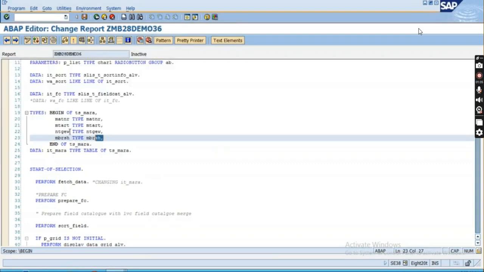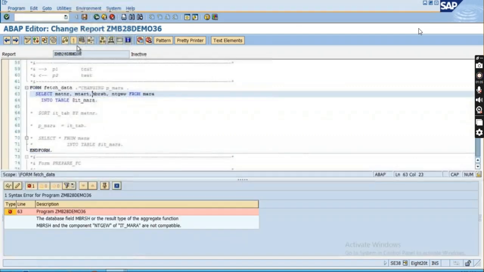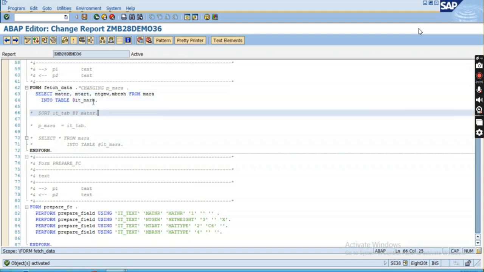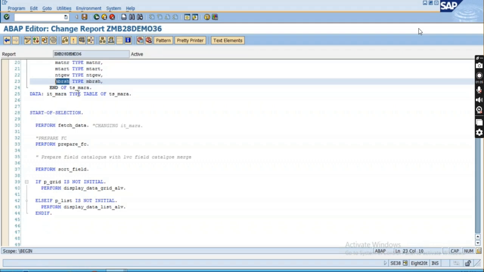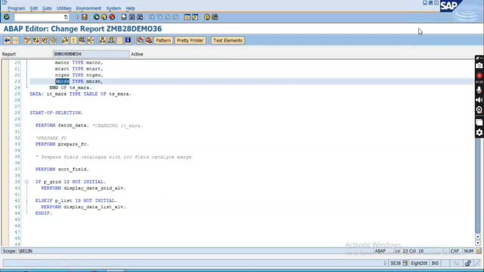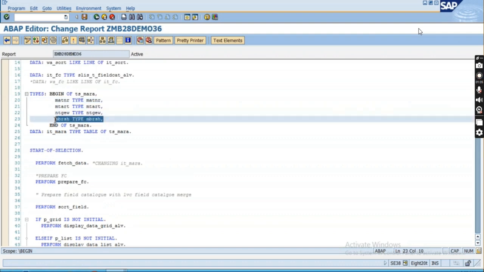So though there is no problem, it will give you the output and everything will work fine. If you check the syntax, come over here, if we put MBRSH at last, it will work. It will not give you any problem. It will show you the output. It is in the last because in the internal table I have put MBRSH at the last. Press F8, run this, it is coming. But this is not good practice. The same sequence of fields should be here also. So this is